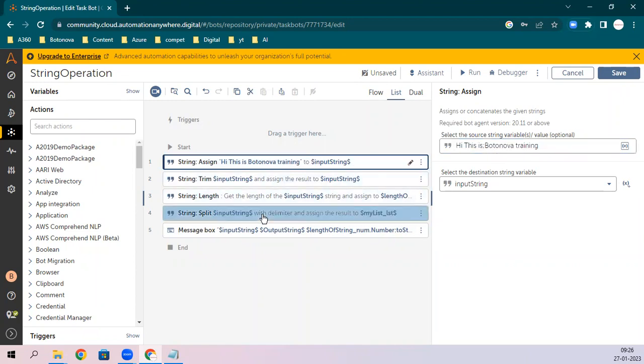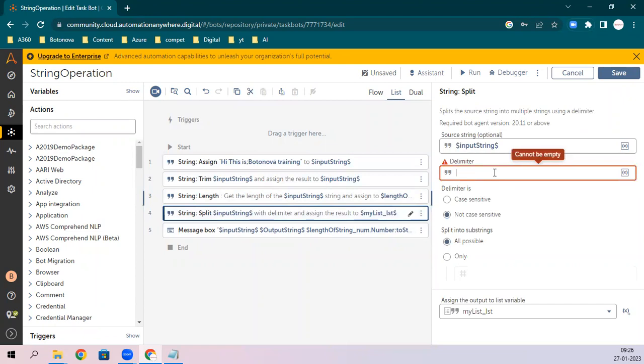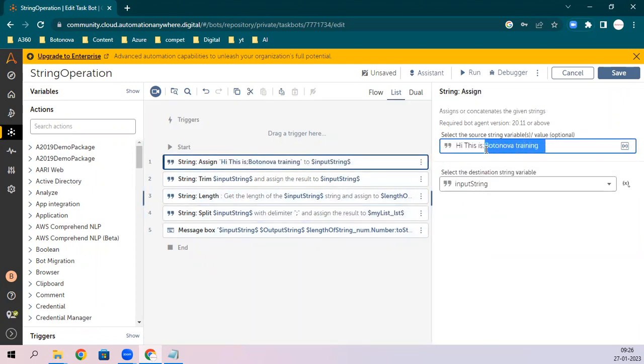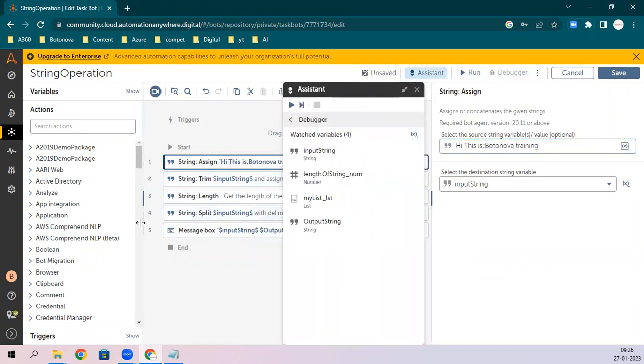You want to use these parts separately, so obviously you will split by semicolon. Now you will have a list variable, but it will be split into two: Hi, this is, and Botanova training. Let me show you quickly in the debug mode again.